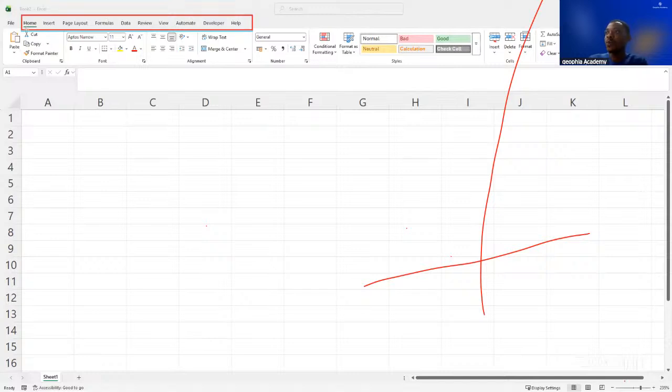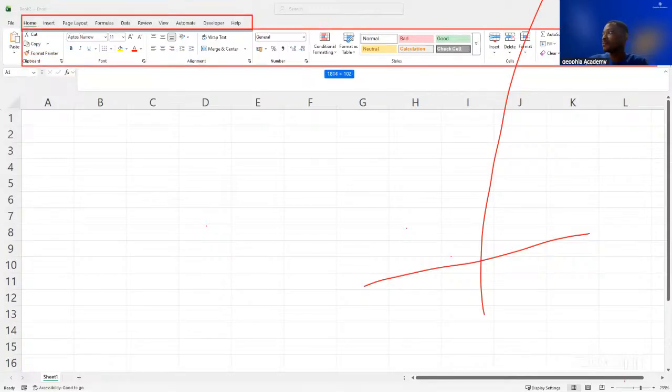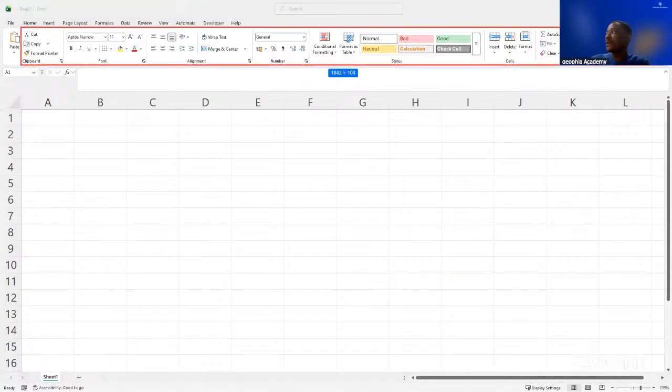Now, we have another area here. I'd have to redraw that again. This area here is what is known as the ribbon. This is what is known as the ribbon. And if you look, this ribbon has some kind of demarcation. For example, there's one demarcation here, there's another one here, another one here, and the demarcation is all over the place. If you go to any tab, you see these same things. So they are grouped into